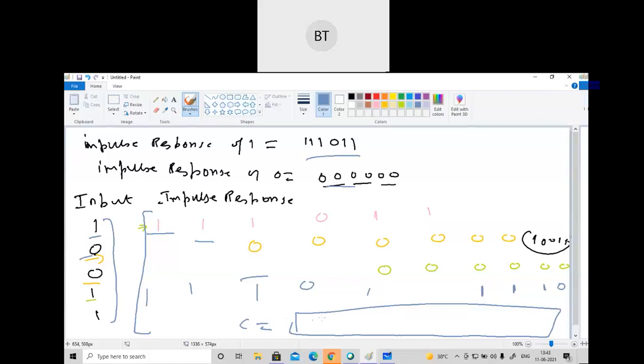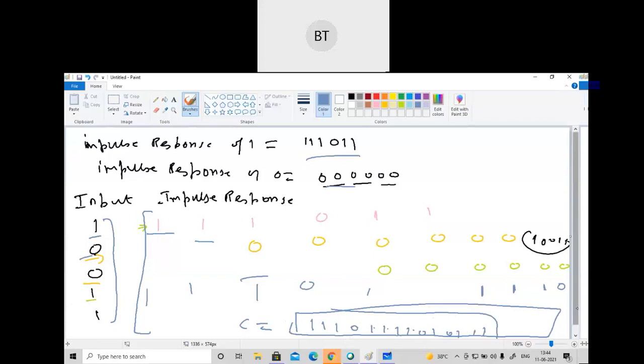The final code word will be 110111101011. This will be the final code word, and you can count. 1 2 3 4 5 6 7 8 9 10 11 12 13. It is not 18 bits. 1 2 3 4 5 6 7 8 9 10 11 12 13 14. That will be 14 bits. I think this will be 14.